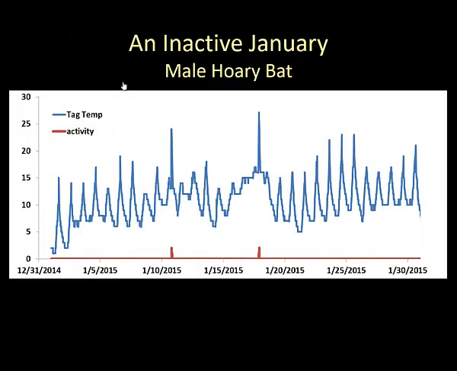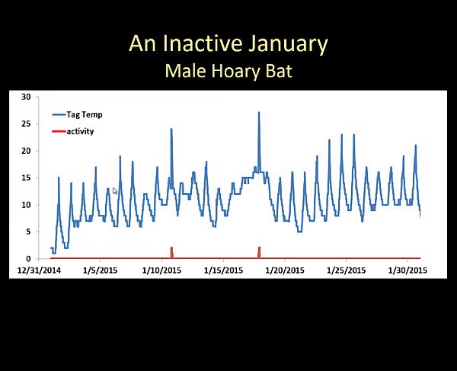And then here's an in-depth view of what was going on with that bat during the month of January. There's the activity in red. There's two little blips of red here. This is a level of activity that's not really associated with flight. And basically the bat was inactive throughout the entire month of January. We see that it was inactive despite the fact that nighttime temperatures were sometimes above 10 degrees Celsius and daytime temperatures were 15 or even 20 degrees Celsius, which is pretty much the exact same temperatures we see bats active during the fall season. So a bit of a mystery.